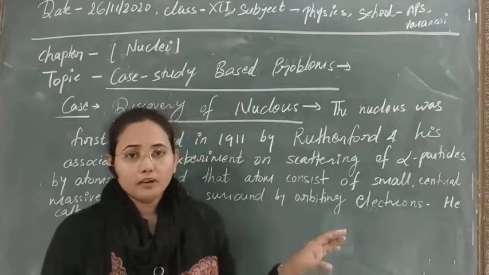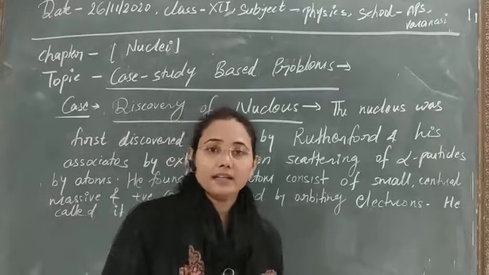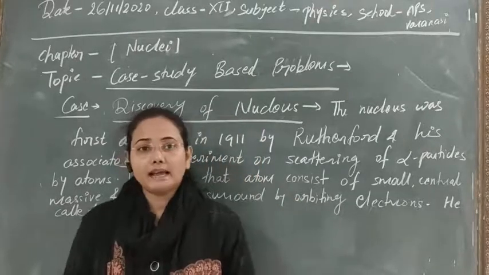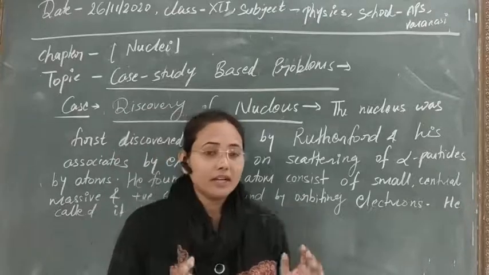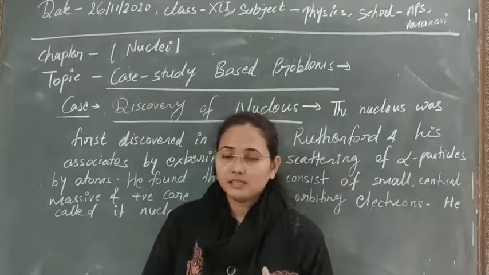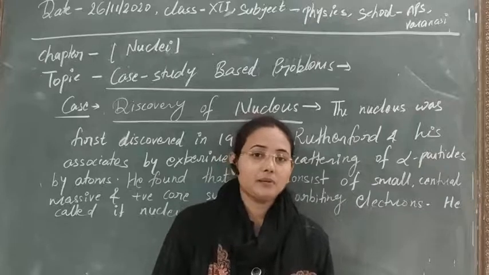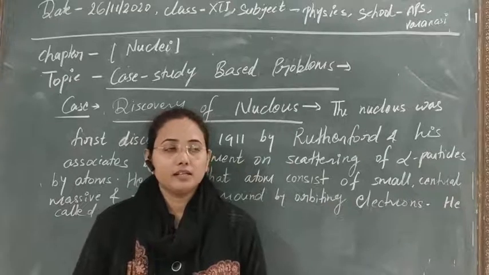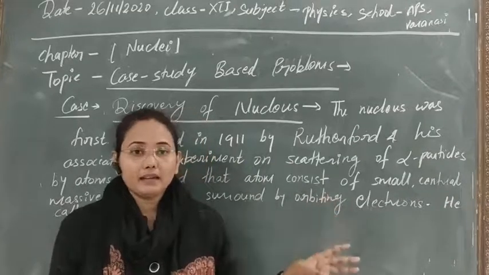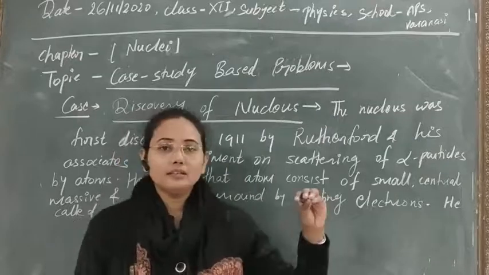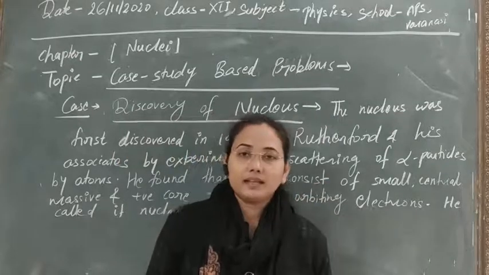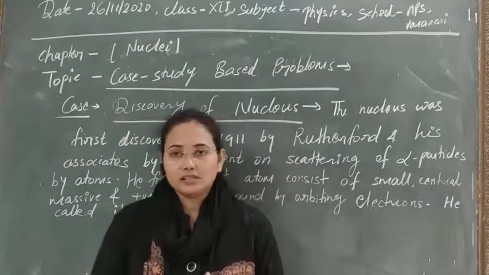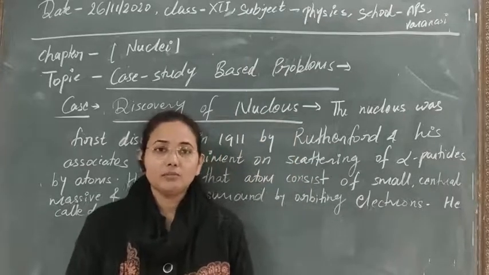You have seen a number of cases of what types of forces act in the nucleus, and we have seen that it is the strongest force that acts in the nucleus. So that's why we cannot break it by simple experiments. Breaking the nucleus is nearly impossible for us. So we cannot break any atom. In the beginning it was said that the atom is the most fundamental part, but later it was discovered that protons, neutrons and electrons are more fundamental particles.